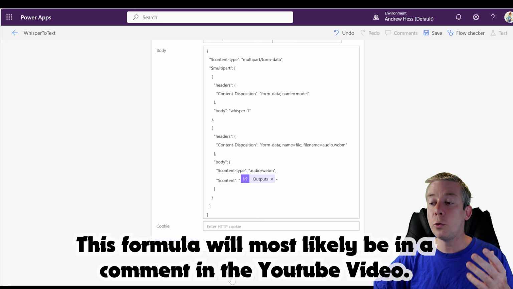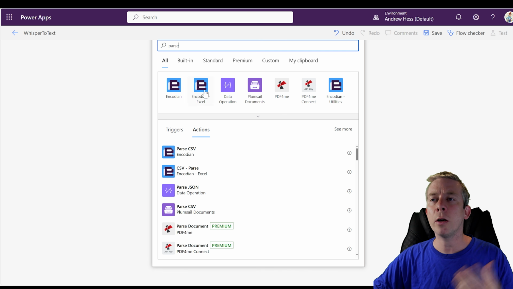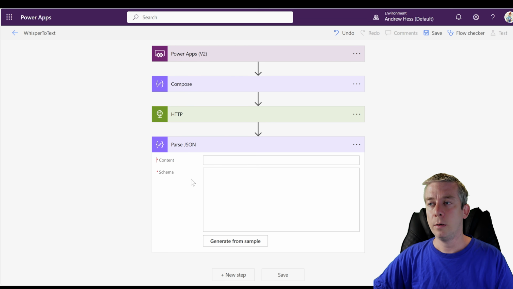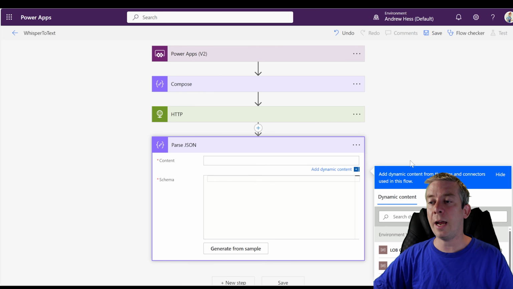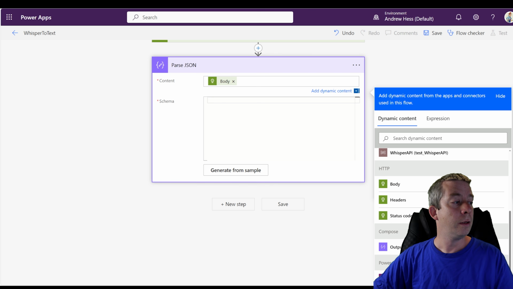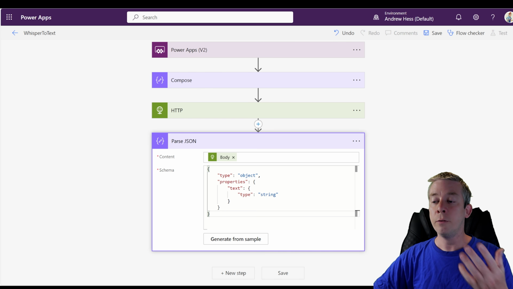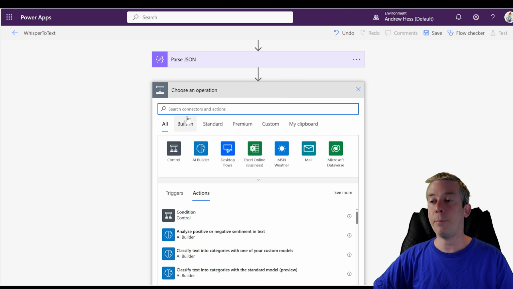Next, we are going to parse our JSON. Very simple parse statement. And the content is going to be the body of HTTP. And for this one, it's just very simple. We just want to pull out the text. We're going to have a type of object, and I want to pull out the text in a string. Very simple. The next step is we are going to